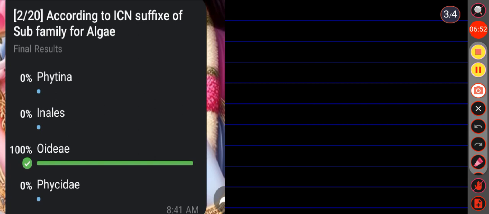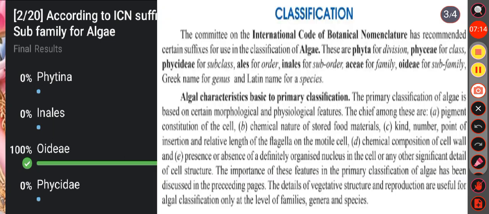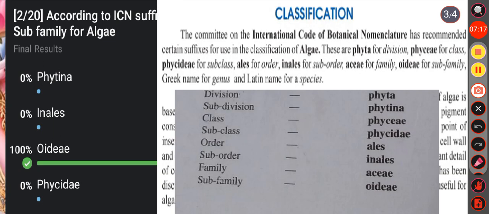Then second question, according to ICN, suffix of subfamily for algae. Option A Phytina, option B Ineae, option C Oideae, option D Phycidae. Here the correct answer is option C, that is oideae. According to ICN, ICN means the International Code of Nomenclature for Algae, Fungi and Plants, is the set of rules